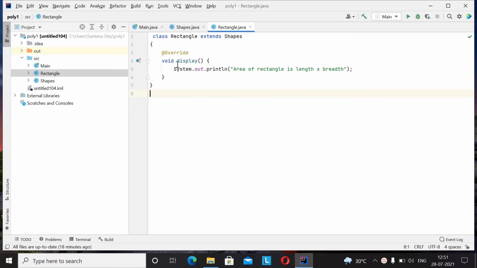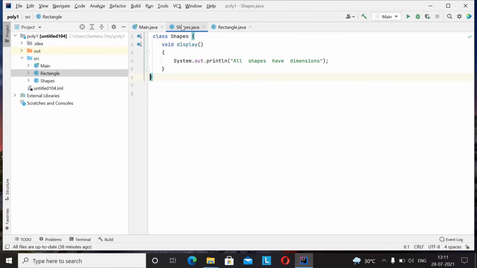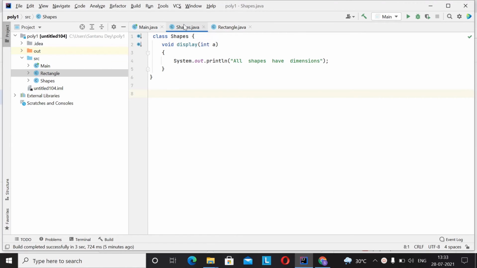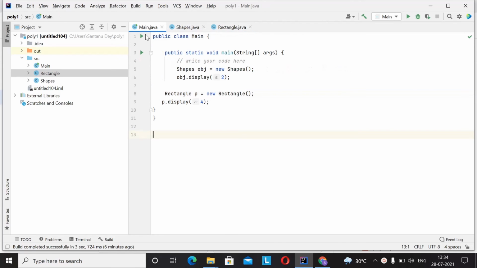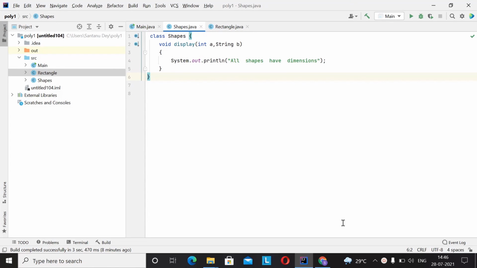Then I create a method named display which prints area of the rectangle is length into breadth. As per overriding principle, that is the third condition, the method should have same number of arguments, and here the number of argument is same as both are 0. In method overriding, one of the conditions of methods is to have the same type of arguments. Another optional condition is the sequence of arguments.